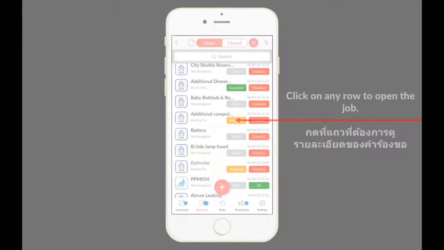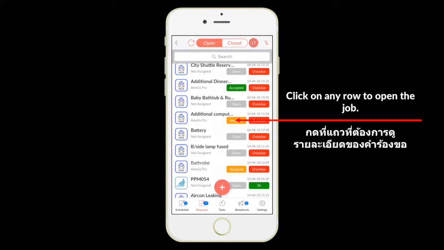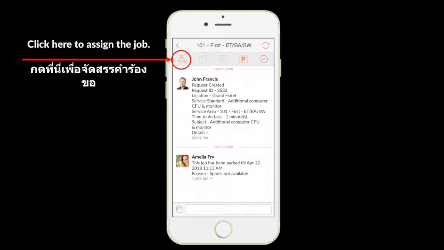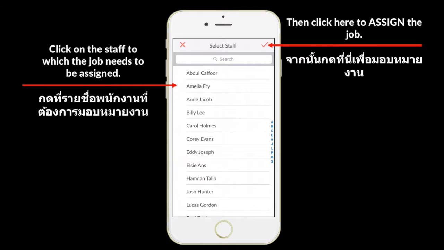A supervisor is able to assign, reopen, and close jobs from the supervisor dashboard. Click on any request that needs to be assigned, and the request chat window opens. This shows all the conversations and events that have happened till now. Click on the Assign button to list the runners or support staff to whom this job can be assigned. It will list only those staff that are linked to that category. For example, only housekeeping runners will be listed for housekeeping jobs. Click on the staff to whom the job needs to be assigned, and then click on the tick mark